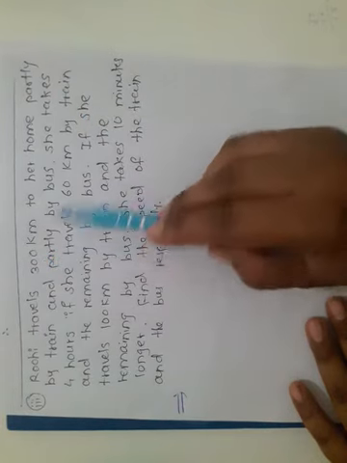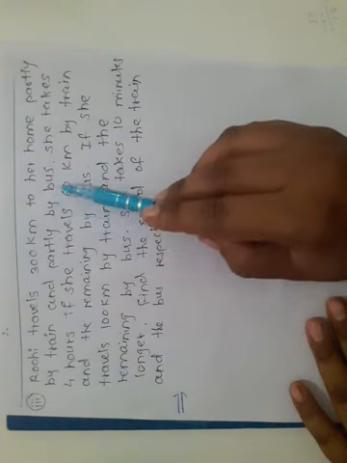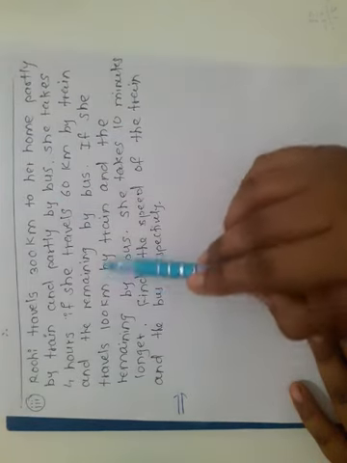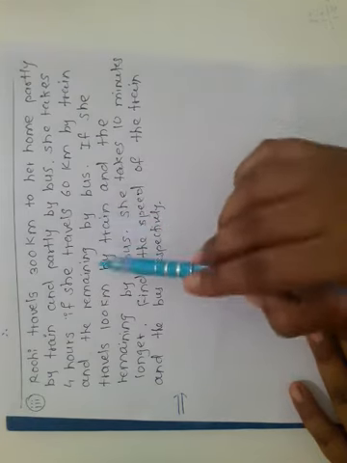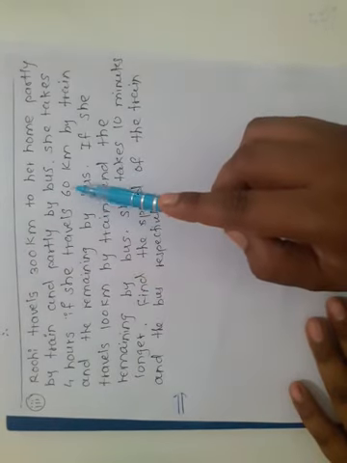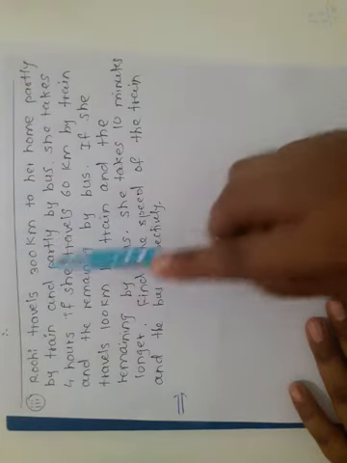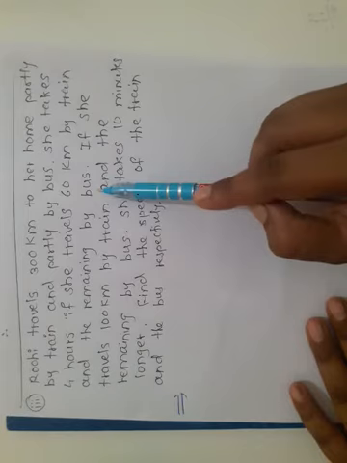If we subtract this 60 from 300, then we get the distance traveled by bus. So she travels 60 kilometers by train and the remaining by bus, obviously. If we have to find the distance traveled by bus, we subtract the distance traveled by train from the total distance. So 300 minus 60 gives 240 as the remaining distance by bus.